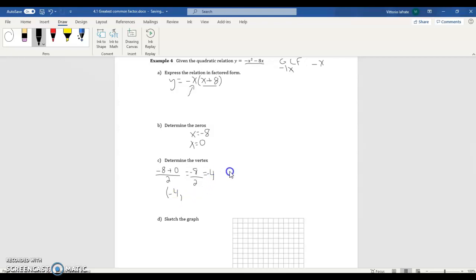If we want to find what the y is, we simply plug that -4 into our equation above there. So y is going to be equal to -4 squared minus 8 times -4. And that's going to give us -16 plus 32, which is going to be 16. And that's our vertex, negative